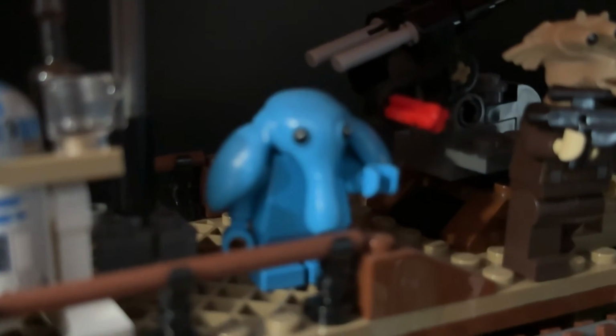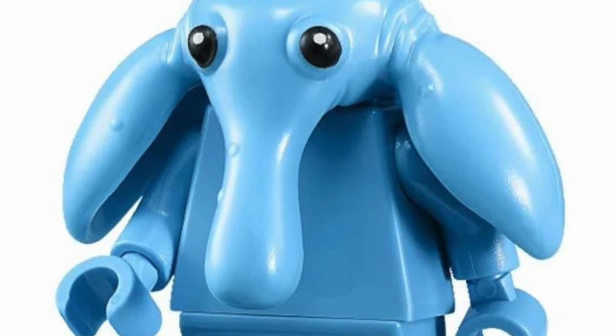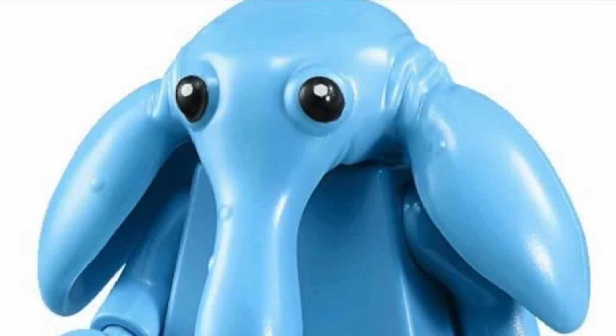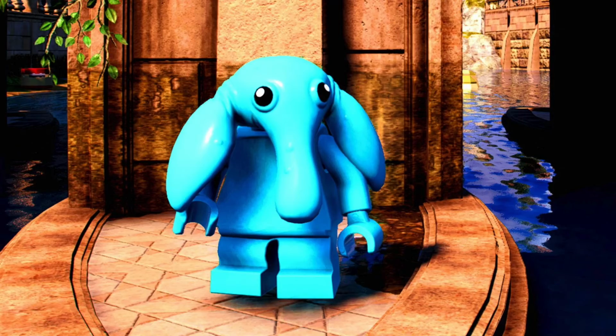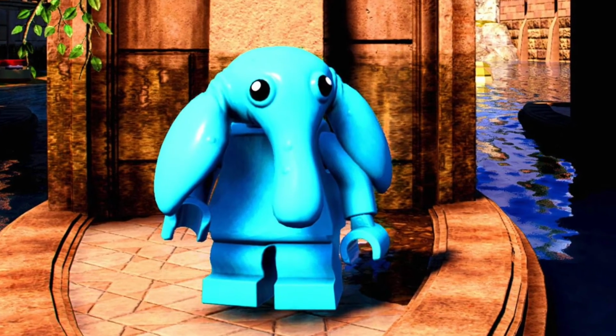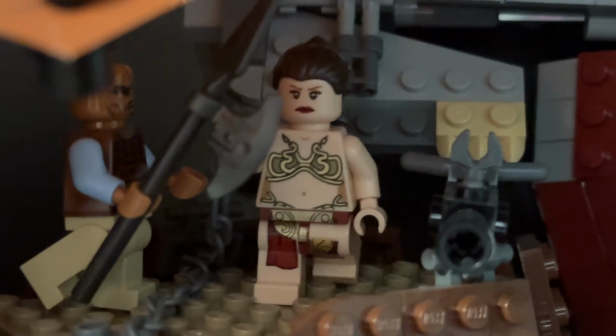And then also Max Rebo is super rare, though I hear we're getting a remake of this character, so maybe the value will go down, but the rareness probably won't because this is still unique. But really cool minifigure and definitely one of my favorites in the collection, and one that I definitely try to show off whenever I can. He was exclusive to that Jabba sail barge,